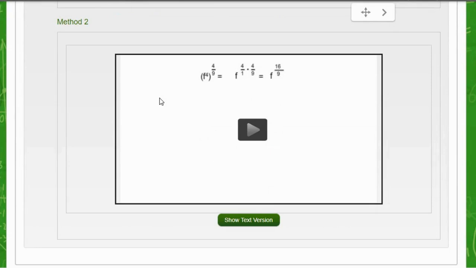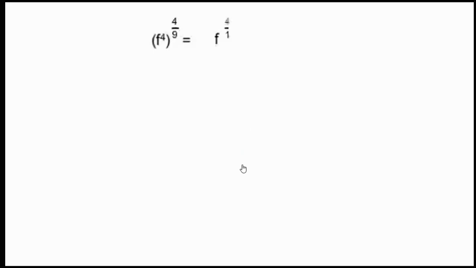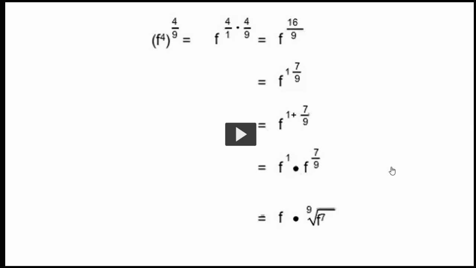All right. Here's a second method, if you want that. It says start out the same way, multiply the exponents to get to the 16/9. That worked the same way. And then, instead of converting it to a radical, they said, well, let's just make an improper number. So f to the 1 7/9 is the same as f to the first times f to the 7/9. And that's just a simpler way to quickly summarize that, simplify it by just taking the improper fraction right